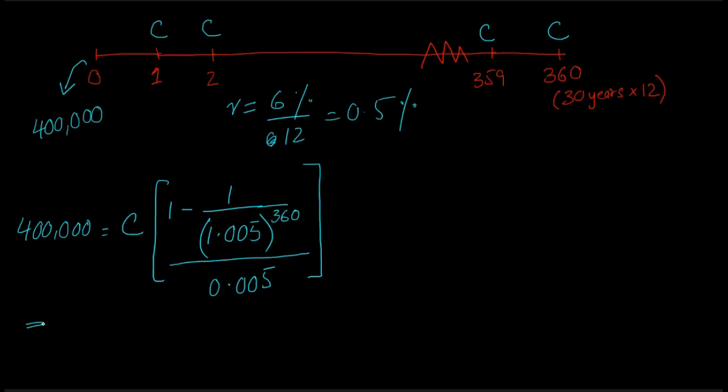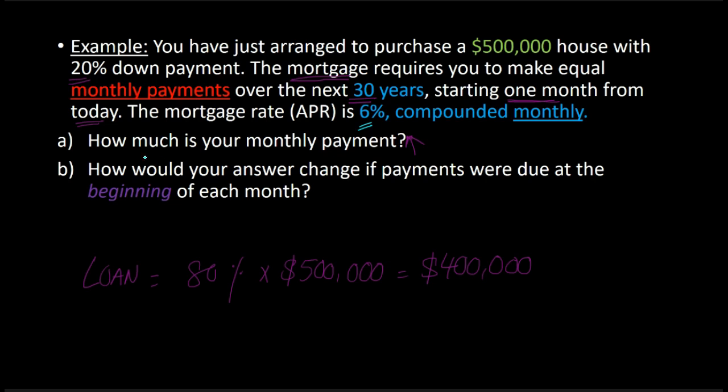And when you do, you will find that C comes out to 2398.2. So about a roughly $2,400 monthly payment. Again, this payment is designed in such a way that it will over time take care of the interest expense and also the principal amount. So this would be the answer to the first part of this question. How much is your monthly payment going to be? It's going to be